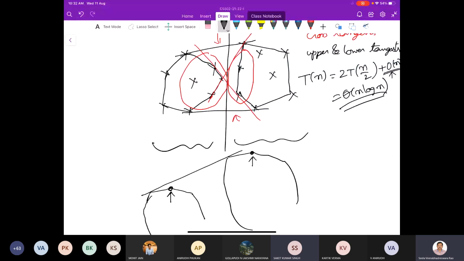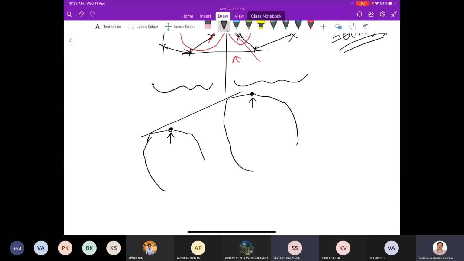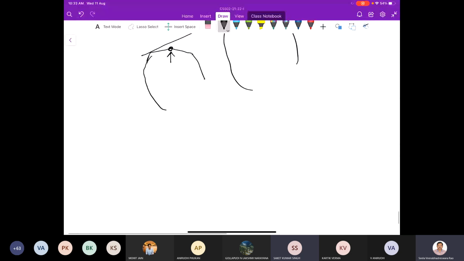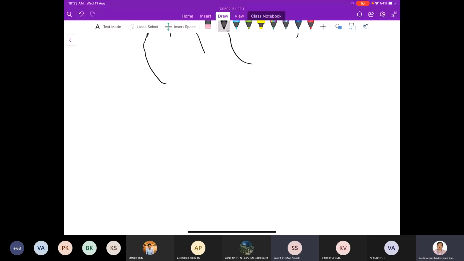Excuse me, sir. Maybe we can take the topmost point of one of the halves, then draw a horizontal line and move clockwise or anti-clockwise, and check when it first touches the other half's convex hull. That can be done in linear time because that would be the smallest angle. No, we will look at this. Complexity comes later. First of all, we have to give a correct solution. Then we should think of the complexity. So first of all, we have to get the algorithm correct. Whatever you suggest may work.